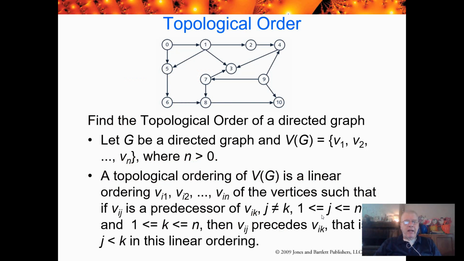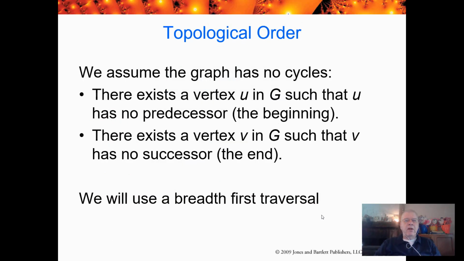So here's the mathematics of it. Topological ordering is a linear ordering of the vertices, so that if v sub ij is a predecessor of v sub ik, then v sub ij precedes v sub ik. So we have to assume that the graph has no cycles,